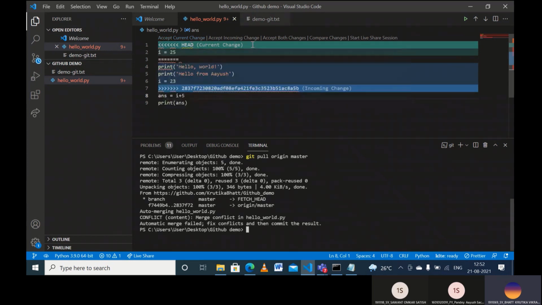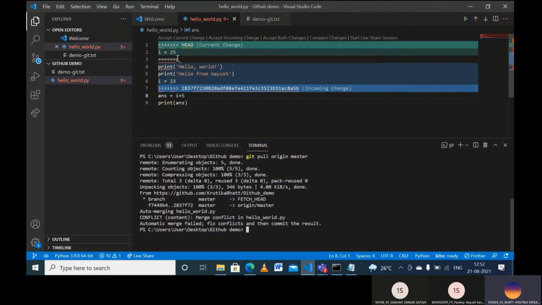So as you can see over here, the green head is the changes that I made into my files. Accept incoming changes are the changes that Ayush made into the code. Accept both changes if you want to add both the changes. And you can compare the changes, like how changes have been made to this file. So sometimes, like now the code is pretty small, but many times the code bases are pretty huge. So you don't have to waste time checking again and again what a friend has added. You can just see it over here.